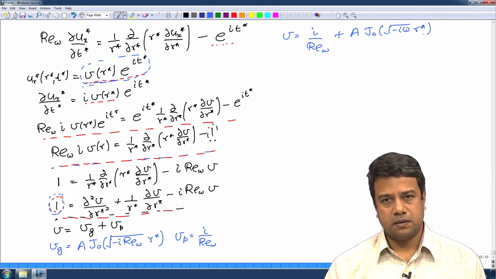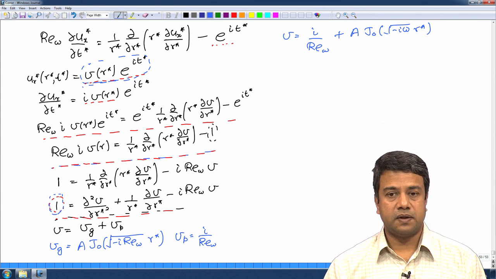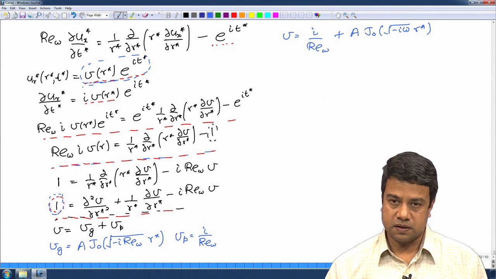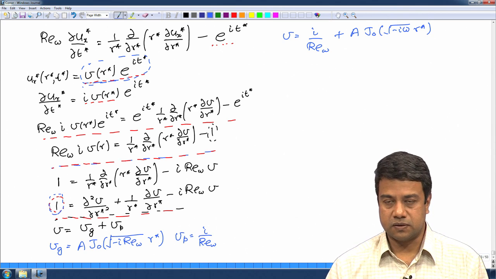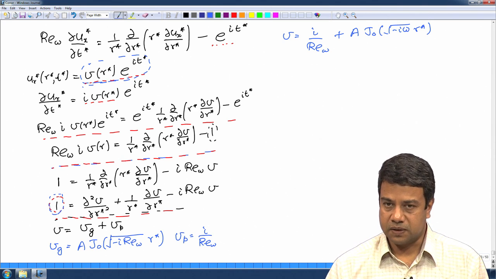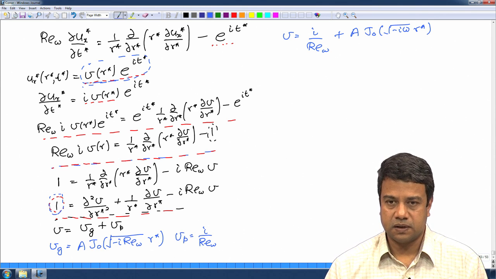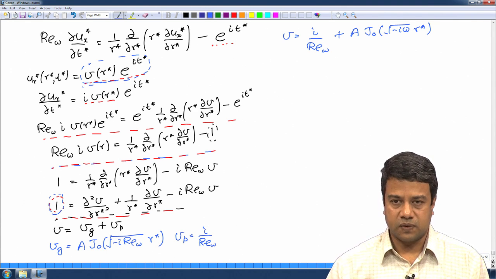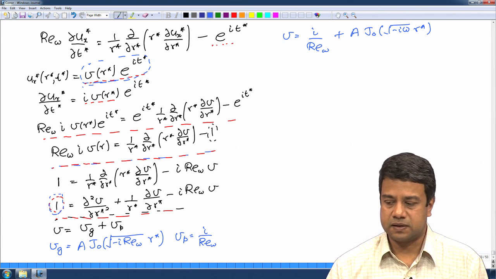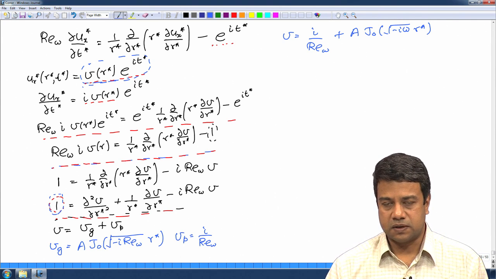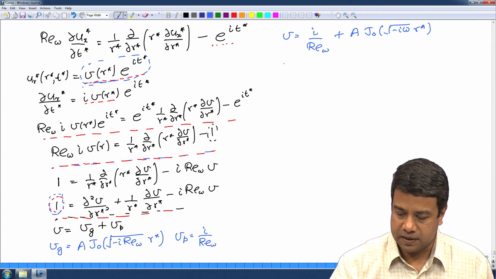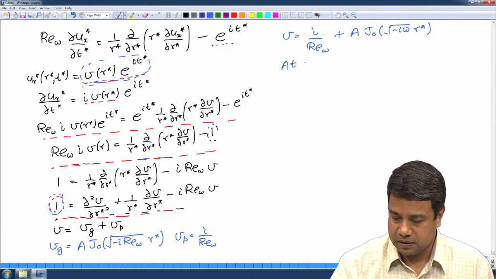We have one constant left. We had already set one constant equal to 0 in the general solution, because we had required that the velocity has to be finite at r equal to 0, and the second Bessel function Y0 did not satisfy that condition. Now, we have one more constant, and that has to be determined from the condition that at r star equal to 1,